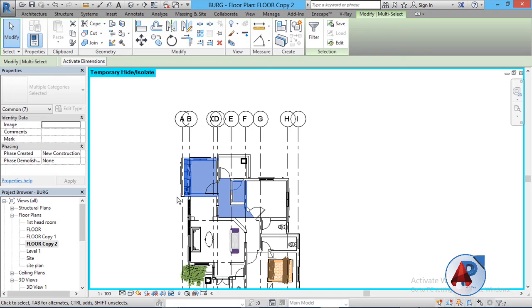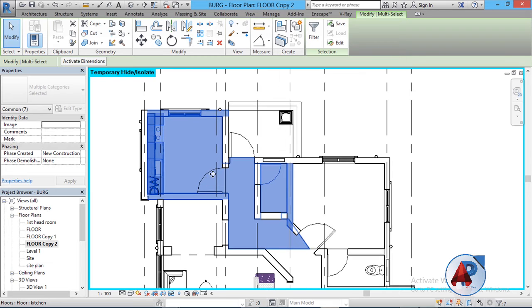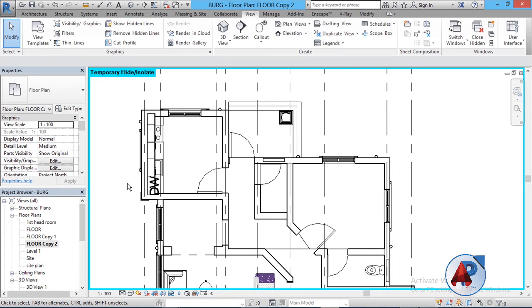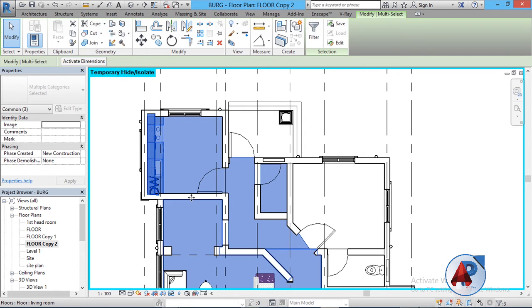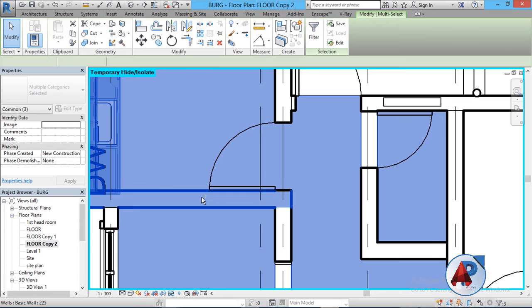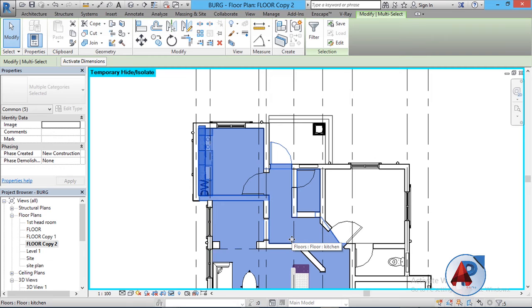Now if you want to unselect this particular door without deselecting everything, because if you click outside now, you're going to deselect everything. I want to deselect only this window, only this door, without deselecting everything. Let me come again. I have this wall, and let me click this door. Now I have picked a multiple selection.